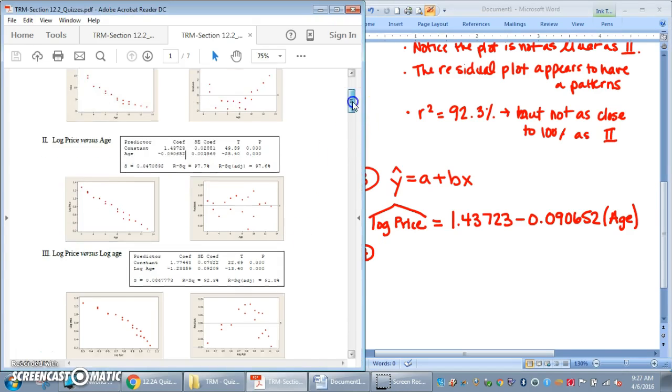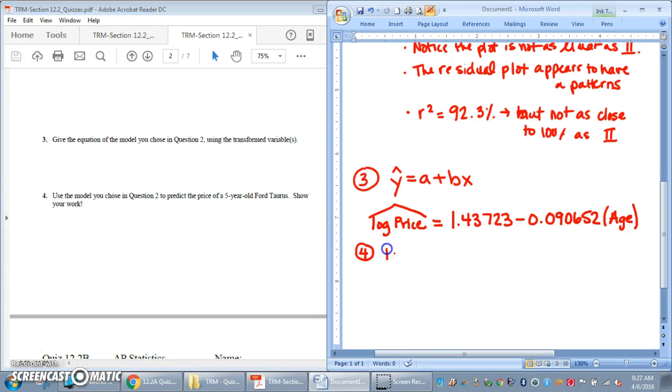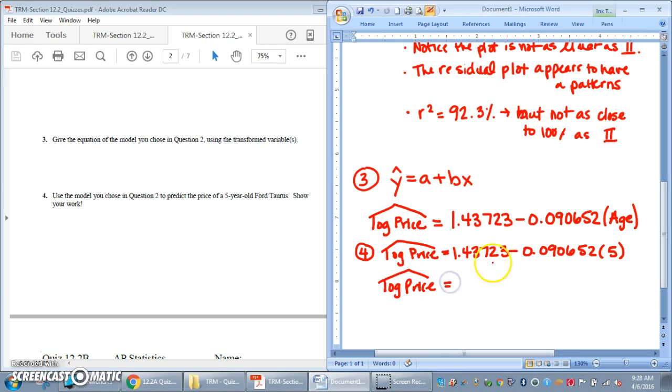Question 4 now says, okay, we have it. Use the model you picked in question 2, exponential. We have the equation from question 3. Predict the price for a 5-year-old Ford Taurus. And now it's just a substitution problem, being careful and noting that you have a logarithm in here. All you're doing is plugging in the age of that car, 5. Then you just simplify. So this minus this times 5, and I came up with